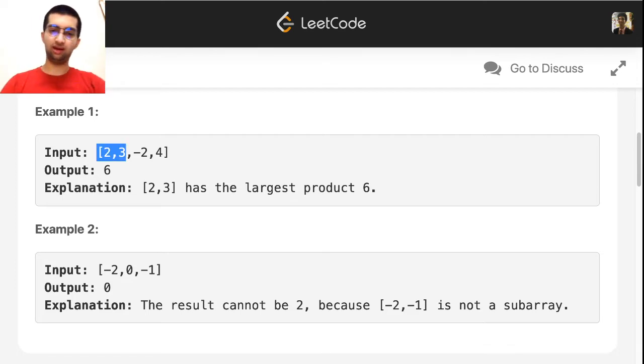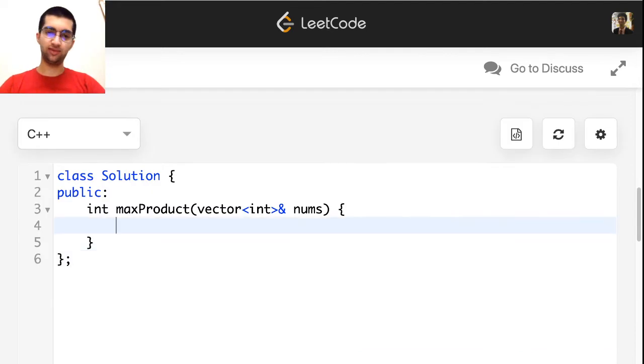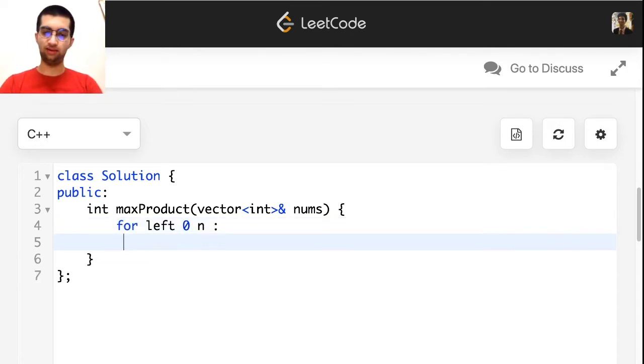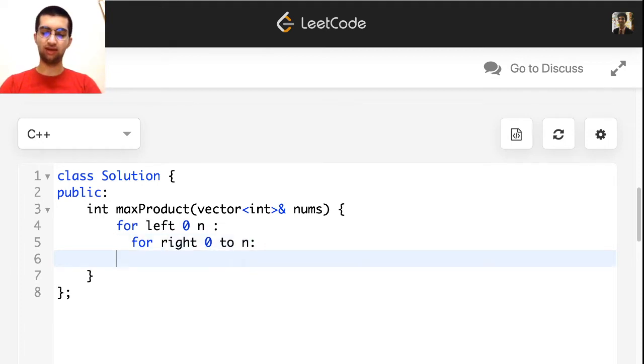Now to do this in a brute force manner would be very easy. Just two for loops, for left from 0 to n and for right from 0 to n, and calculate the product. But this is a bad time complexity.